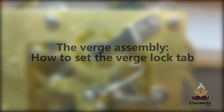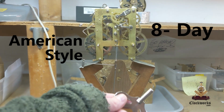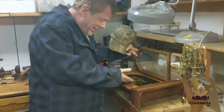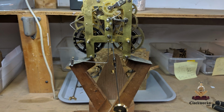The verge assembly, how to set the verge lock tab. These are 8-day American-style clock movements, meaning they're only wound up about once a week. Here are some tips on how to mount your clock into the clock case. What we are working with today is a front escapement movement, meaning that the pendulum is in the front of